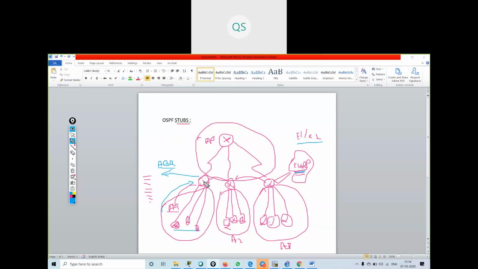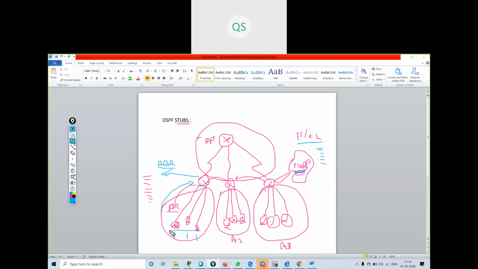Whenever I want to go to any external route, I just use the default route to the ABR. I will only have one default route in the routing table, not many lines of E1 and E2 routes.